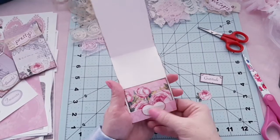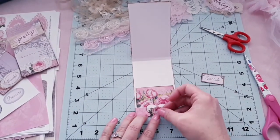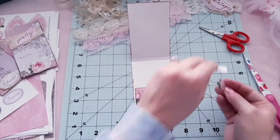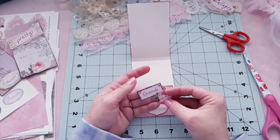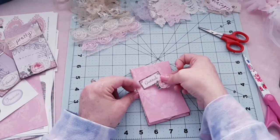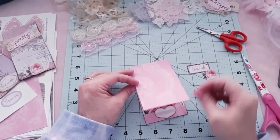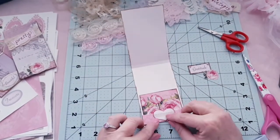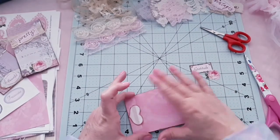Okay. So I have this rose right here too. I was thinking about putting that over it, but I think I'm going to put it with the gratitude lace cluster, like that, on the front. Wouldn't that be pretty? So I think I'm going to do that. So I'm going to leave the heart like that. So when you close it,